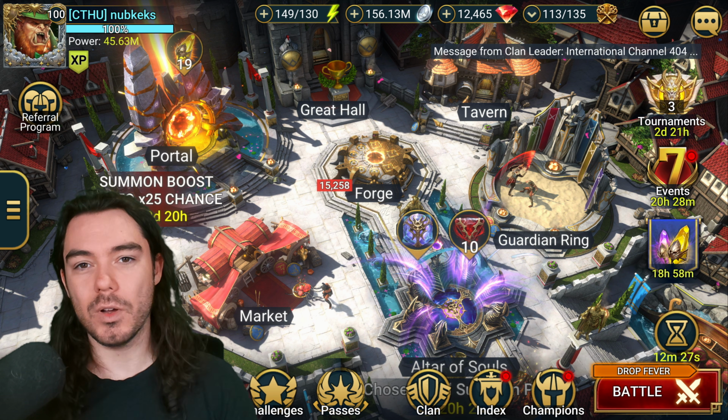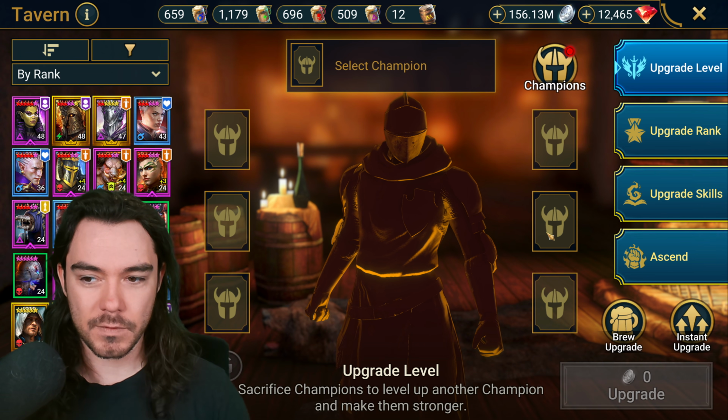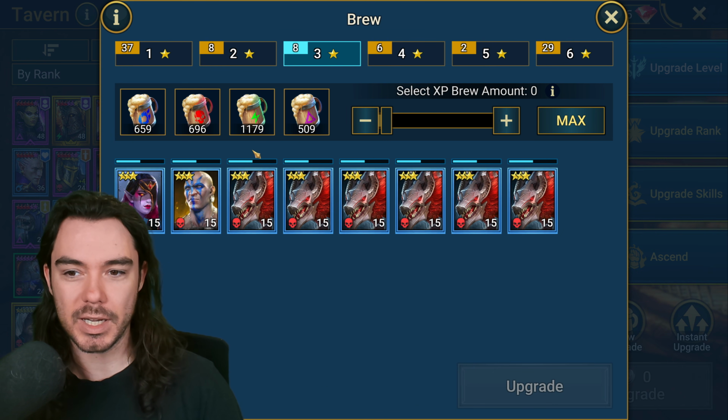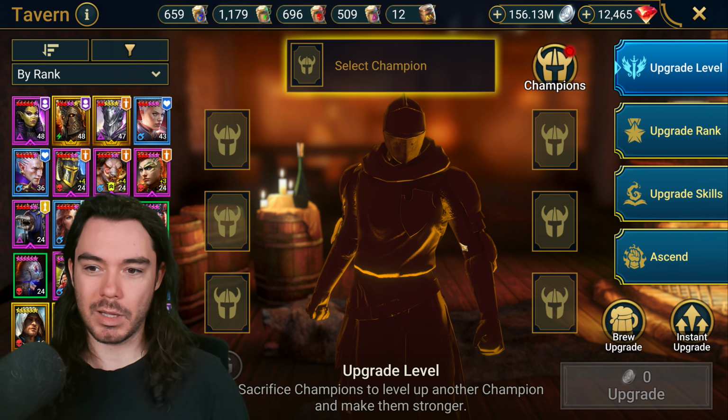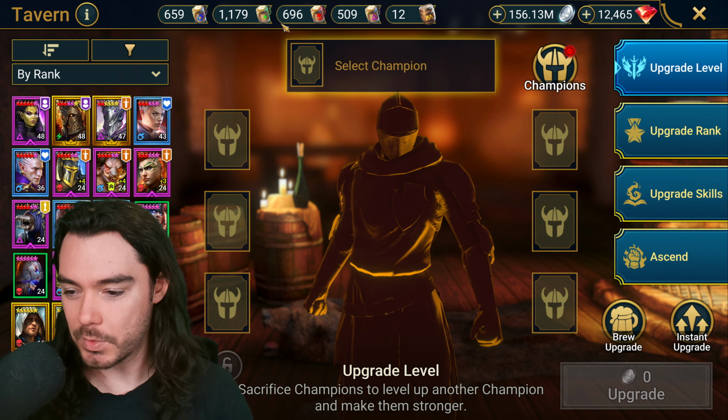Okay, that's all very basic stuff. Now, we come to the more advanced stuff, and the stuff that's actually changed, because we've got this brew upgrade system. This is absolutely huge, and let me walk you through what you're going to do with brews. Brews are an incredible resource in this game,